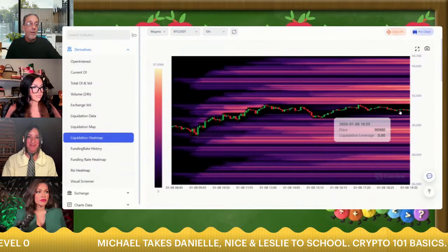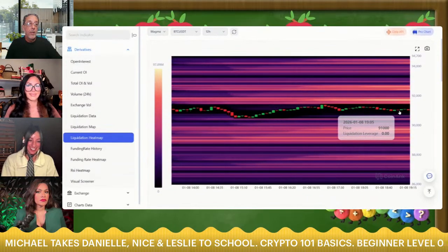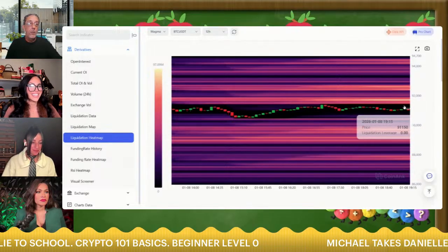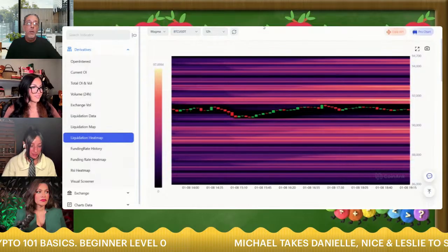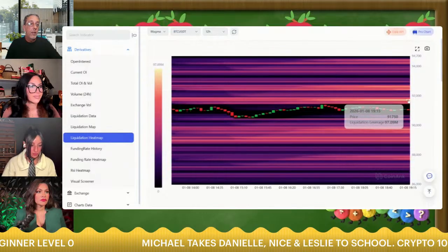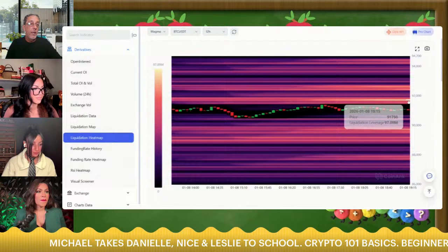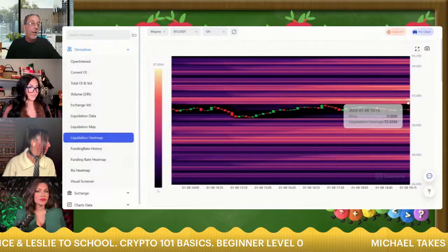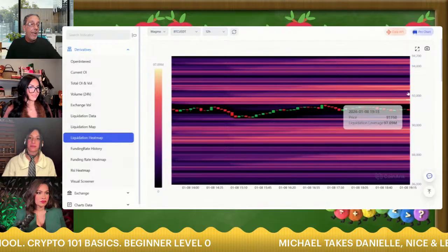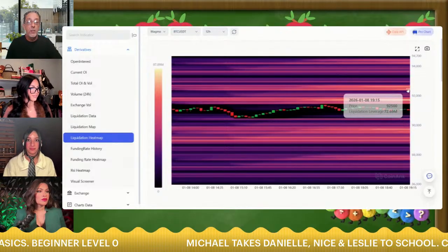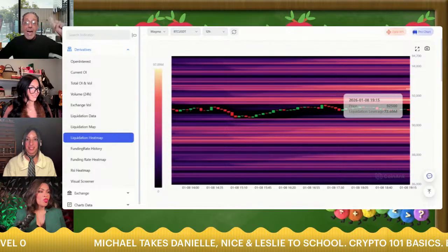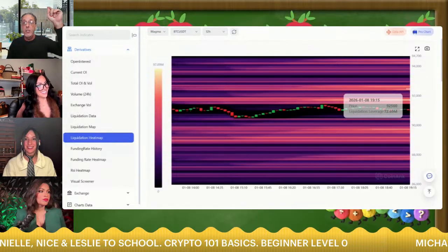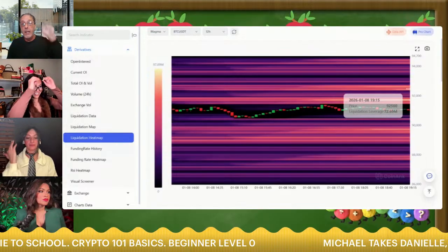So over the next 12 hours, here's where your liquidation levels are at. Right now we're sitting at 91,100, right? 91.1. There's quite a bit of liquidity up here at 91.7. So they could say, hey, we're going to go up here, create some giant green candles, which everybody's going to say, oh, we're back, baby, we're going to Valhalla, and then people are going to start putting in long positions, thinking that the market's going to go up.